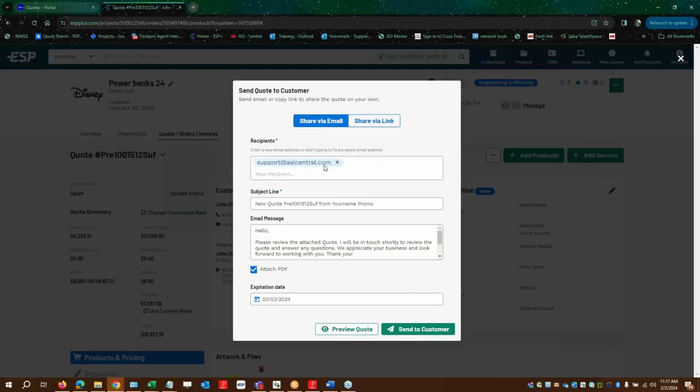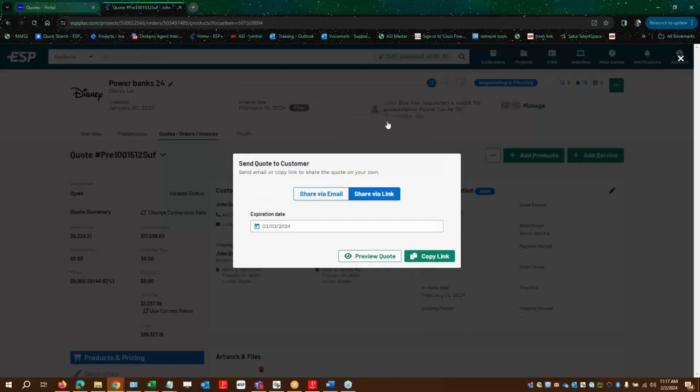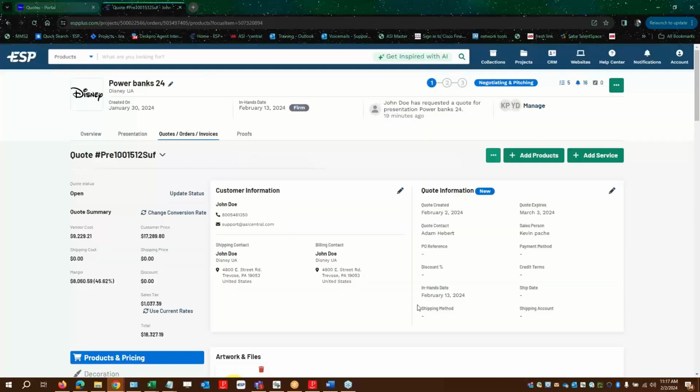You just update the email because it's using whatever email they added to that information page. But if that's not the email they want you to contact, for some reason they changed their mind, you can add an additional email or change the email to something else. We're going to copy the link. And now by copying the link, I can share this link again with my customer, or they can open the